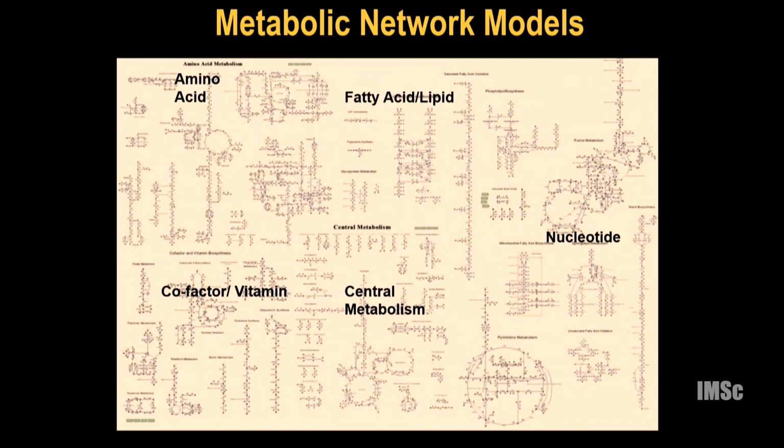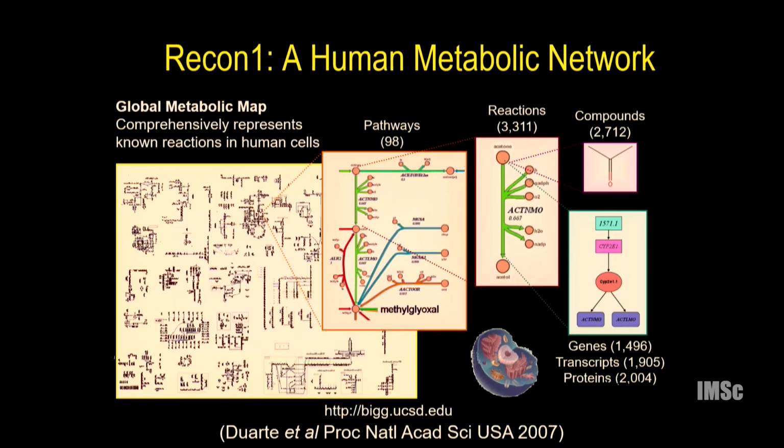And you have different modules that you can create, so you can study each one of these at a time, or you can study them all together. This is just an example network that I'm showing here of Recon-1, one of the first human metabolic networks created. By putting together all these modules, you essentially can represent different organs, different pathways, different genes, transcripts, proteins, etc. So you can see the extent to which the first model for human metabolism represented